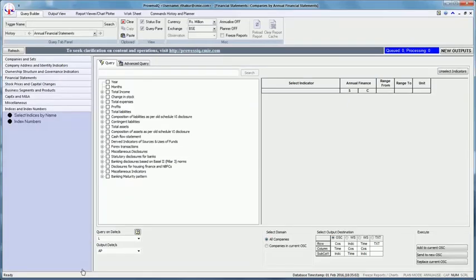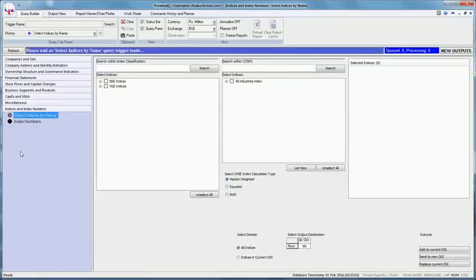Simple query on index numbers. This query trigger is available under Indices and Index Numbers section. This query trigger enables the user to find companies based on the value of indices such as daily high, low, opening, closing values. It also allows you to find companies based on derived indicators such as daily returns, index alpha,